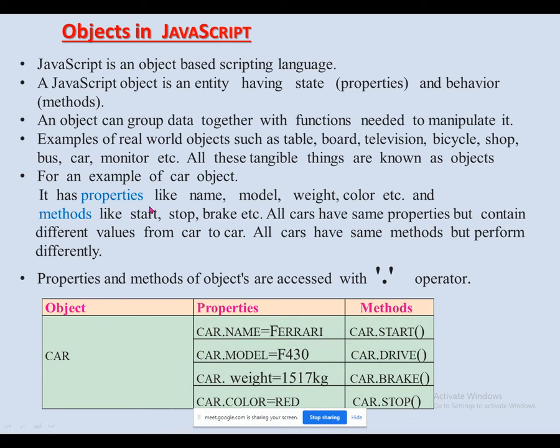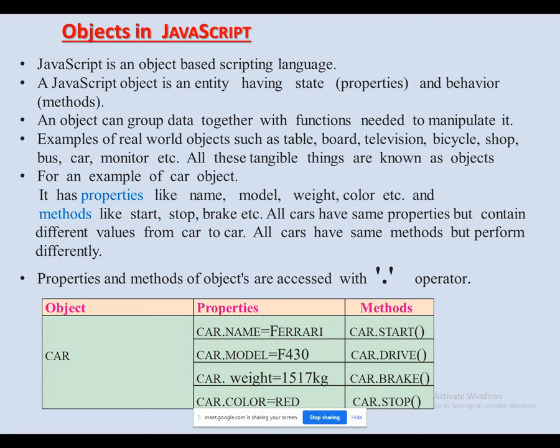As you know, some of the features of JavaScript, the very first topic from your JavaScript chapter, features of JavaScript. Over there, one point is that JavaScript is object-oriented programming, meaning JavaScript is an object-based scripting language. So one feature, or you can say advantage, of JavaScript is that JavaScript supports objects. Some ready-made objects are there in JavaScript, which you can call built-in objects, and some objects users can create on their own. So both things are possible in JavaScript.